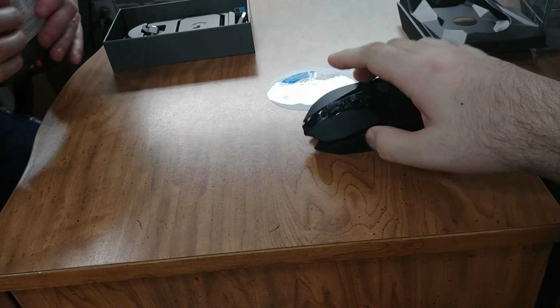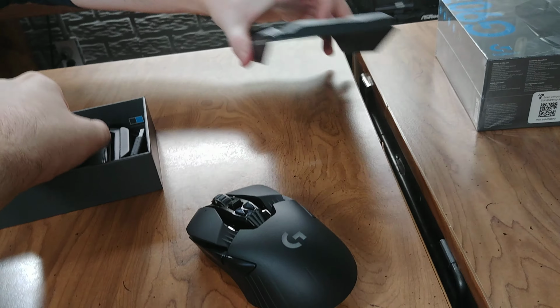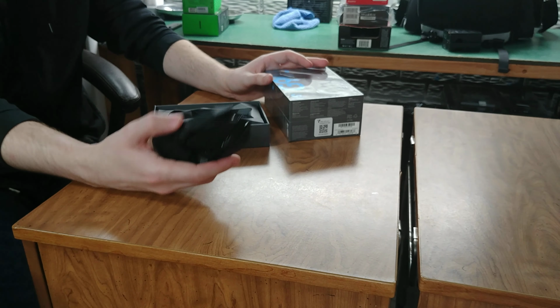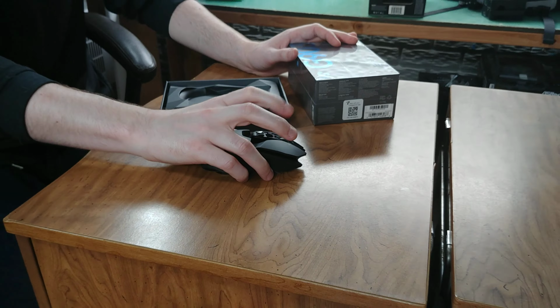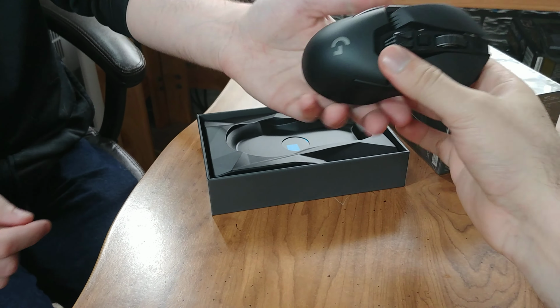But yeah, so I love this mouse for browsing the web. If you watch some of Rocket Jump Ninja's videos, he says the same thing. He keeps a 900 on his desk for browsing the web, and then a Pro mouse on his desk for actually gaming with. Yeah. So great productivity mouse. It's got the nice hyper scroll, and if you're wondering for whom this mouse would be good for, if you actually game,